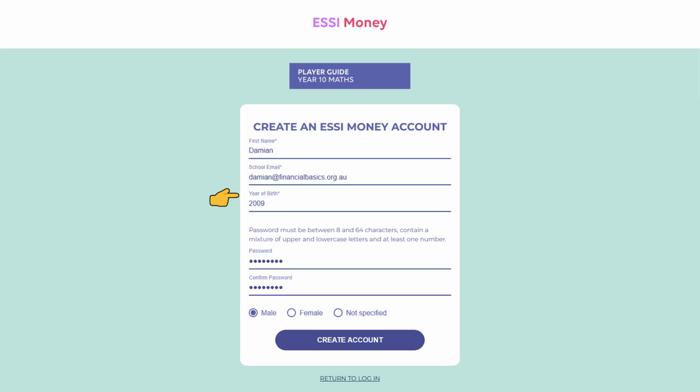Year of birth. Remember, this is year of birth only. Password. Confirmation of your password. Gender. Once you have completed this form successfully, press the Create Account button.